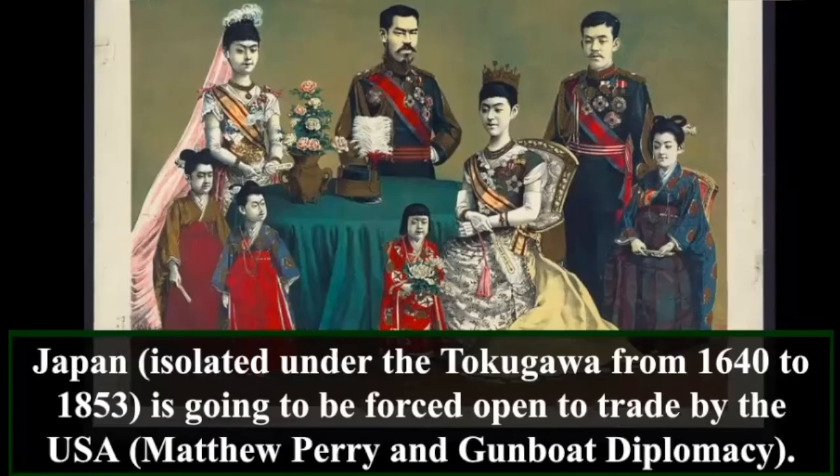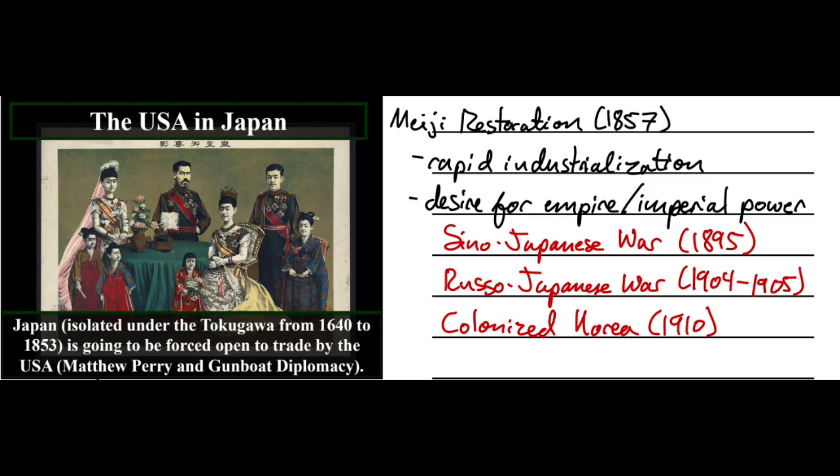And this is going to pay off. Then they're going to invade China in the Sino-Japanese War, Sino being spelled S-I-N-O. That war was in 1895, and like with the Russo-Japanese War, the Japanese are also going to be successful in the Sino-Japanese War. In the Russo-Japanese War from 1904 to 1905, the Japanese are going to be victorious. So an Asian country defeating a European country. So this is a huge blow to Russia, and it's going to be a great PR movement for Japan. So they establish themselves as an empire.